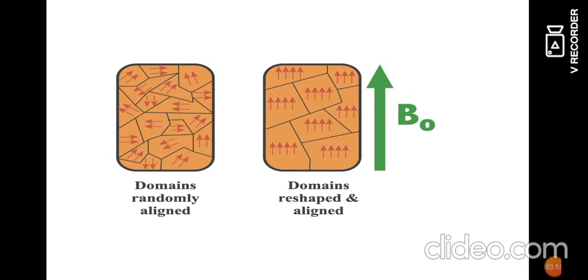We can see that ferromagnetic materials such as iron will be easily magnetized. That means the iron will be easily converted into a magnet. So what is the reason behind it? What is the concept behind it? That is explained by this ferromagnetic domain theory. When we apply the external magnetic field, all the ferromagnetic dipoles will be aligned in a particular direction so that the material will be easily magnetized.